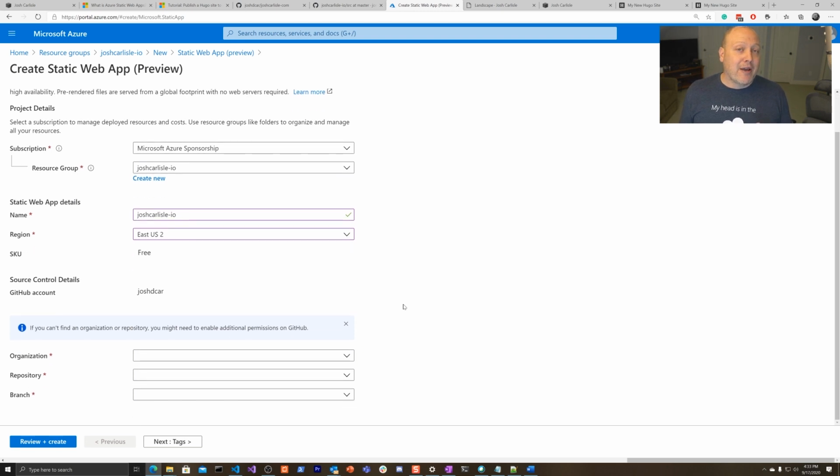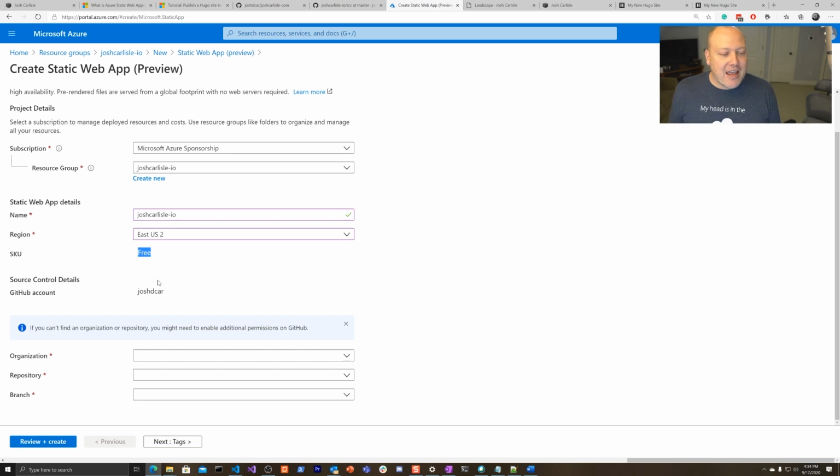Now, you'll notice one of my favorite features of Azure Static Web Apps is this one right here. It's free, right? So I'm hoping it stays free. I don't know if it's free just because of a preview, I haven't really dug in that far, or they plan on offering this as a free service. That would be fantastic. My suspicion is because it's preview, it's free, and then it'll have some minimal costs. But knowing some of the cost advantages of these underlying platforms, like Azure Functions, like hosting a site on blob storage, all of this stuff is pretty cheap in general. So even if it isn't free, I'm not expecting a massive amount of costs here down the road.